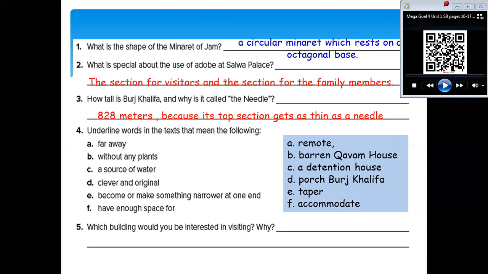Okay. As you see, they are the answers for the questions from number 1 to number 4. And he left number 5 for you to answer with your own answer. Everyone can answer this question, number 5, with his own answer. He asks and says, which building would you be interested in visiting